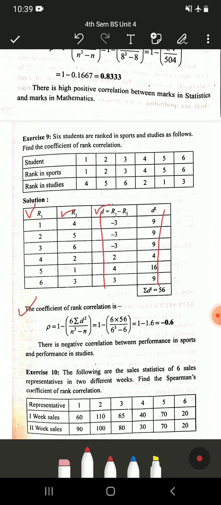So you can say there is a negative correlation between performance in sports and performance in studies. So you can say, based on this problem, as one variable increases, the other one decreases. If you're good at sports, then you are not so good at studies. If you're good at studies, then you're not so good at sports. So this is the interpretation of this particular problem. So this is very simple. They have directly given ranks. All you have to do is find the difference, take the square of each values, take the summation and substitute